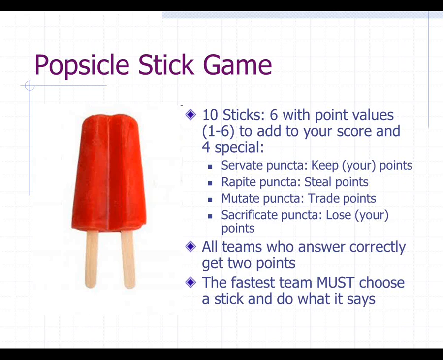One person from each team answers the question. And then all students who get the correct answer score 2 points for their team regardless of speed. So, everyone has the opportunity to answer, and then whoever answers it correctly gets their 2 points. I encourage helping, which maybe other people would call cheating, to keep the whole team involved so the other kids aren't sitting there, just waiting. But that's me, if you're more serious about games and rules, maybe you wouldn't want to do that.